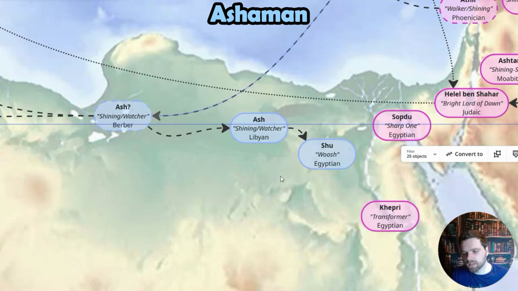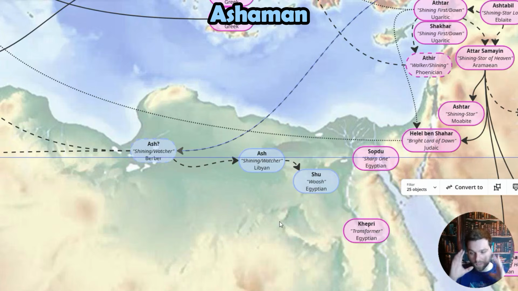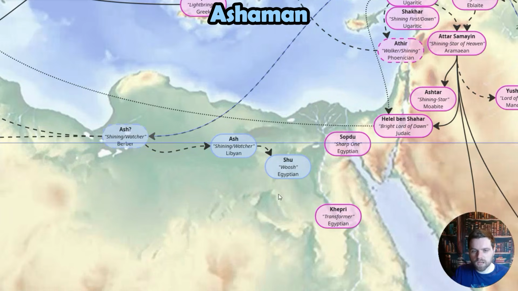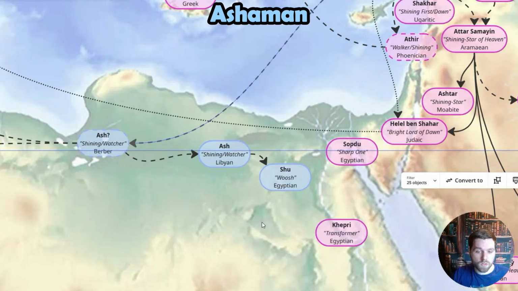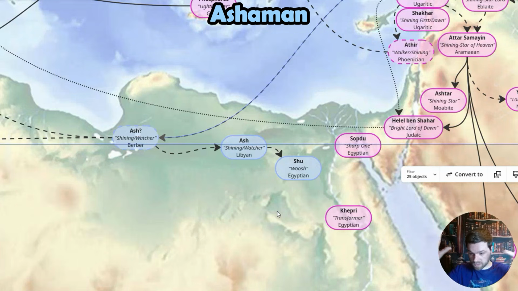Their primary deity was said to be Ash, whose name seems to be Shining or Watcher, and again we are talking about the Watcher as being like the sun or the shining eye in the sky, very Ra sounding. They still distinguished him from Ra and from their own gods, interestingly. Nonetheless, they have a form of Ash, which is Shu, and Shu is a primordial deity, one of the first deities to come into existence, and is specifically shown holding up the sky. So he's something of a sky pillar or a cosmic man.